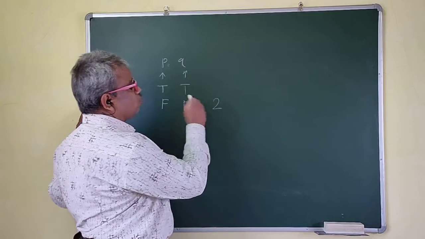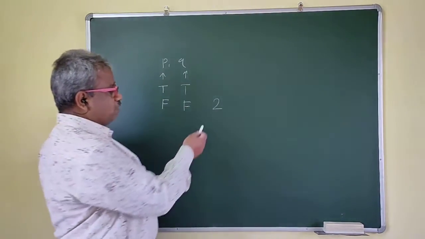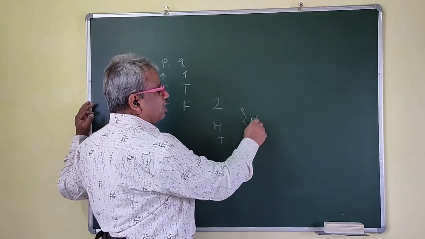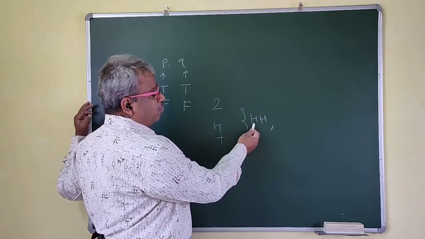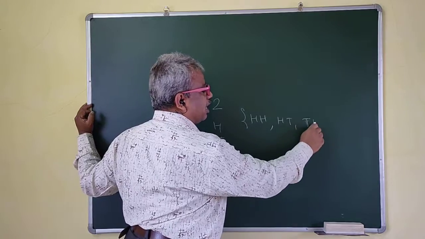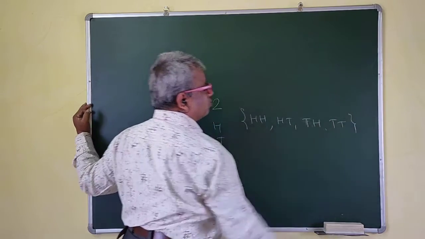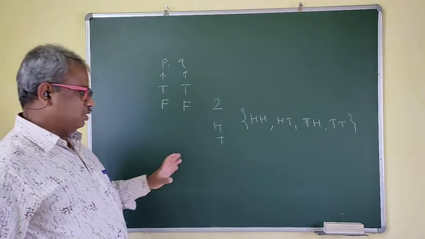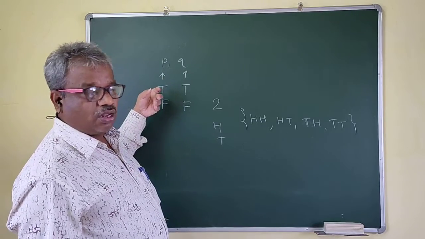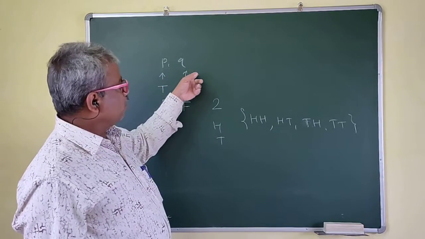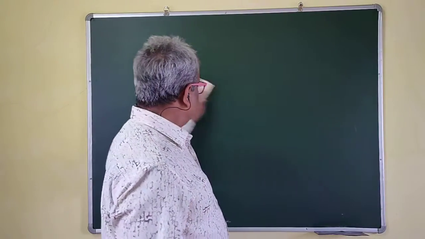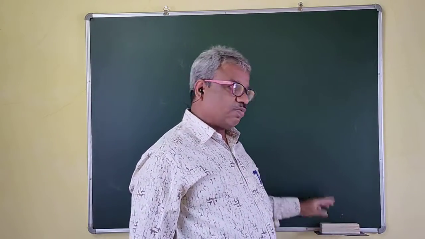So you know that if you toss two coins, for coins there are head and tail. And how many possibilities are there? Head on the first coin and head on the second coin, head and tail, tail and head, and tail and tail, right? So these are the four possibilities if you toss two coins. Now same thing here, you have to take the two statements, and again the truth value of P is true or false. That means T or F. Q is also T or F. So same thing for the coin also. There is head and tail for both the coins. And how many outcomes are there? 4 outcomes are there.